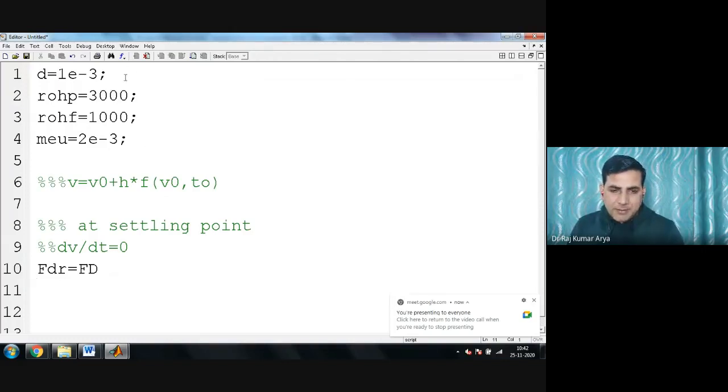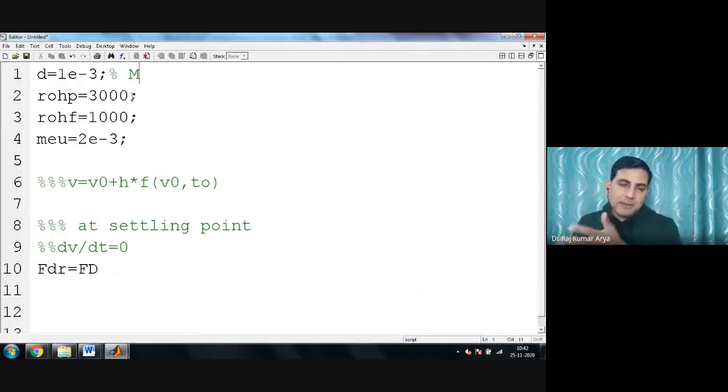At the same time, in the comments also, all the time you have to write a unit also. So here, let's say you want to write it in meters. Every part at the comment, you have to write the unit so that you should always make sure what the unit of each of them is.